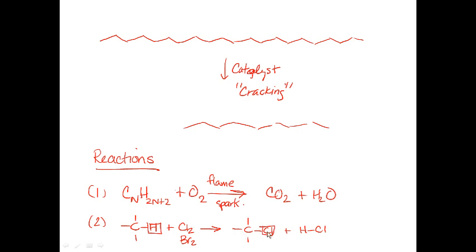And that turns out to be important because I can turn this chlorine into things like OH groups, or I can bond another carbon to it. And so this is kind of our first step in taking an alkane and putting a functional group on the alkane. Because for the most part, we either do this substitution reaction, which we will later call free radical substitution,